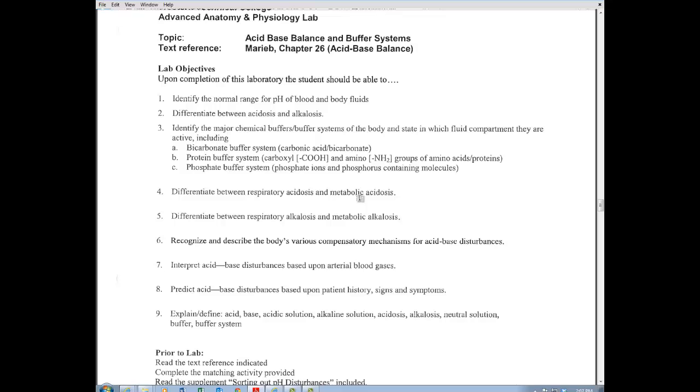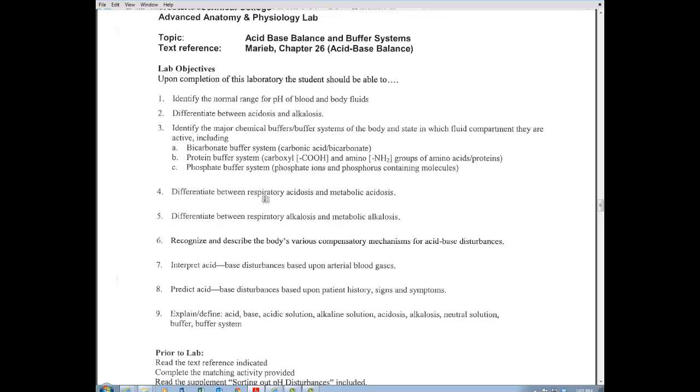When you look at these general terms, just think of what is the cause. If somebody has respiratory acidosis, that means there's something with the respiratory system that is causing acidotic conditions. One of the main phrases to remember from advanced A&P is CO2 makes acid. If somebody has poor CO2 diffusion out of the blood because there's something wrong with that respiratory membrane, CO2 builds up, and as a result they have respiratory acidosis. So it's something wrong with the lungs that is causing that pH to drop to less than